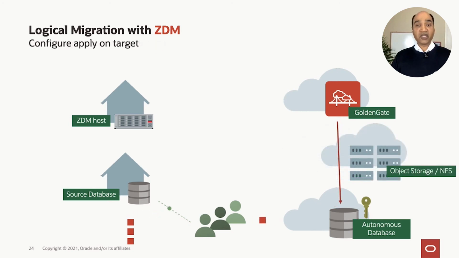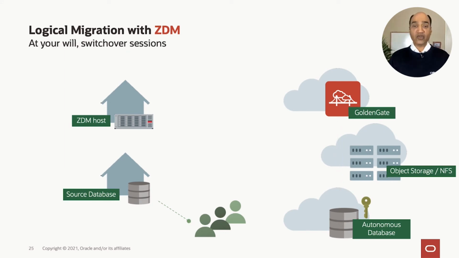Once that finishes, it orchestrates GoldenGate to start applying the trail files that it has accumulated, right? So now comes the time where your autonomous database is kept in sync with your source databases until a time that you are ready to make the switch. And when you're ready to make the switch, you would then go ahead and move your applications or your users to the autonomous database. And with a brownout, basically you have completed the migration.